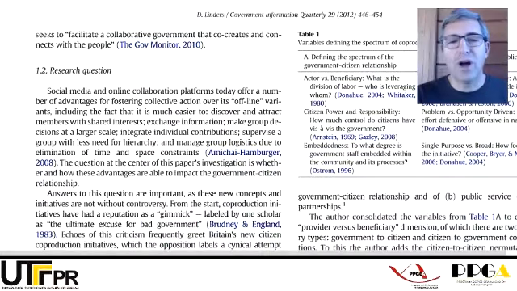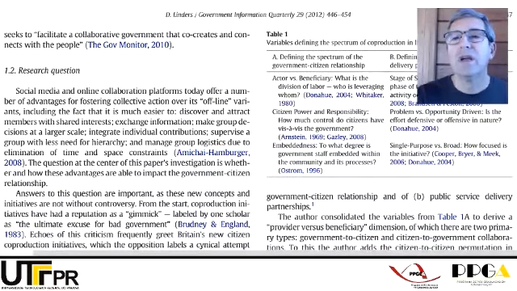Well, before we go very far in the typology, we have here a first table 1, in which the author,